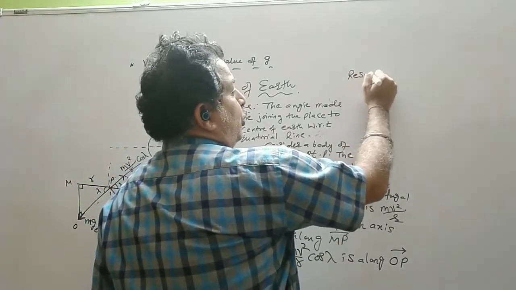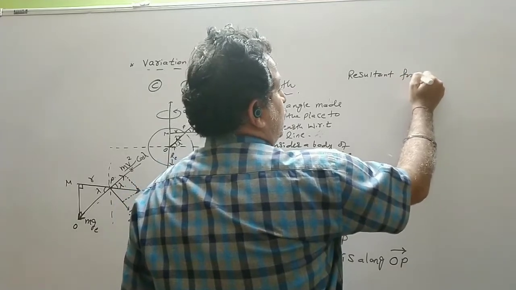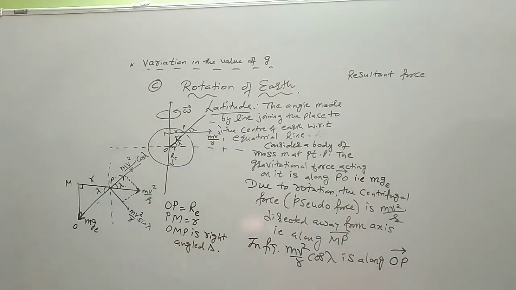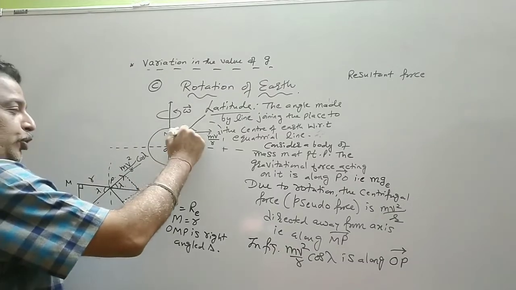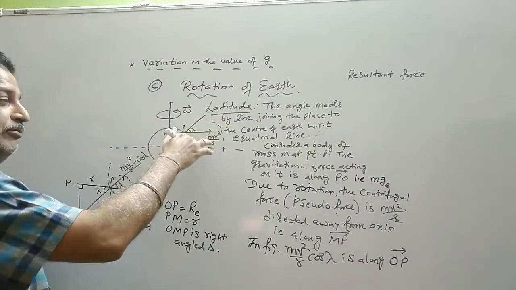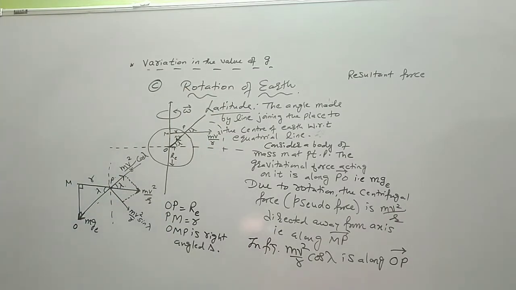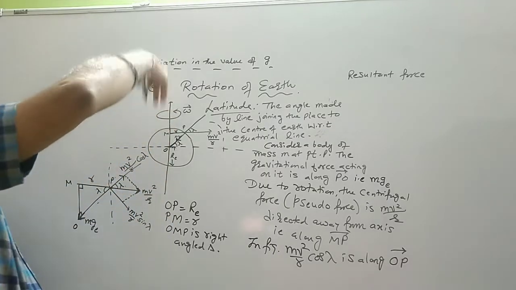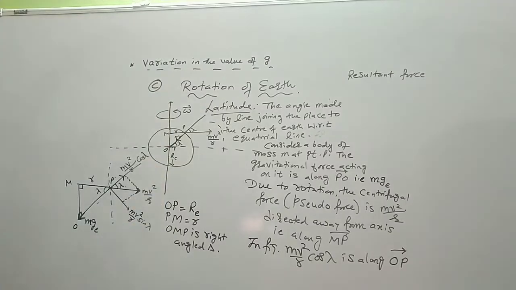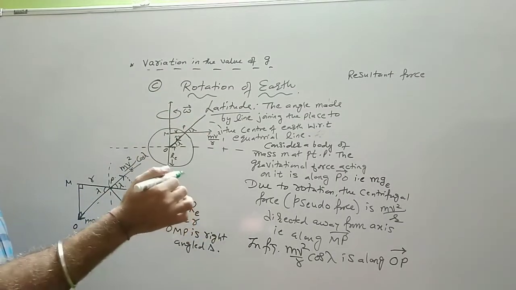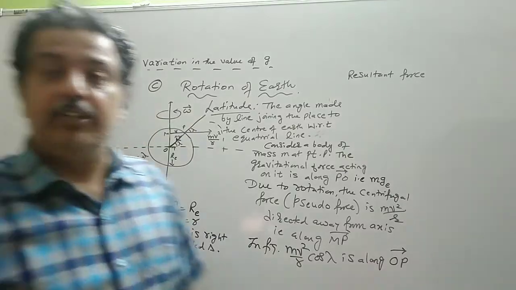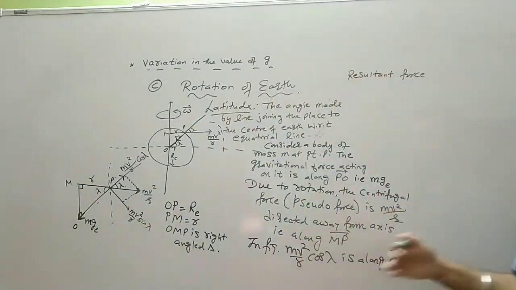So the resultant force, or you can also say a fictitious force or an apparent force. Now this came into the picture, one, because the latitude is there, so latitude is one of the factors, but because the earth is rotating, we have a centrifugal force also, which we have not taken into consideration while moving above the earth. But if you are on the surface of the earth, then different places, different countries have a different value of G. So G changes from place to place.